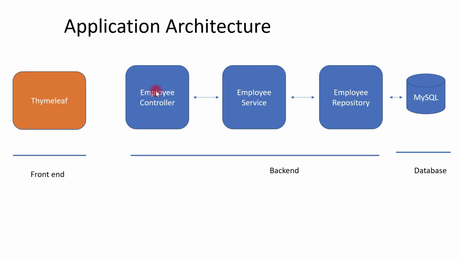At the controller layer we are going to use Spring MVC to develop Spring MVC controllers which will handle all the HTTP requests. And in the employee service, basically we keep all business logic, and we do transaction-related stuff in the employee service. And the employee repository basically has the responsibility to establish a connection with the MySQL database, and it exposes CRUD database operations for the employee entity. Okay, and at the database we are going to use MySQL. So this is a typical application architecture.